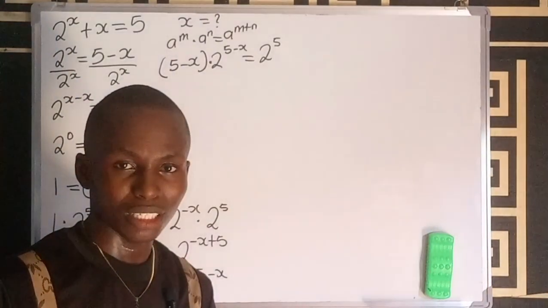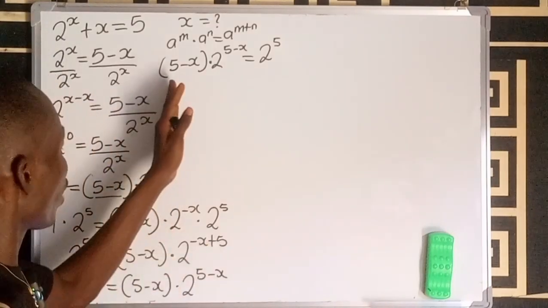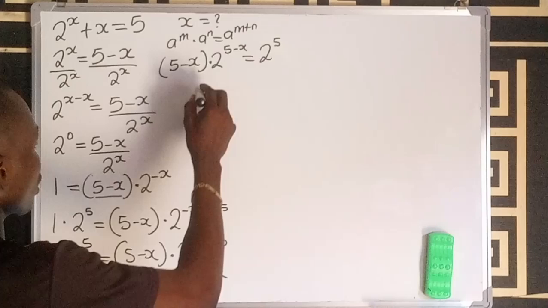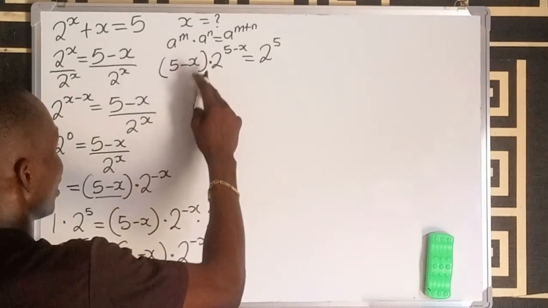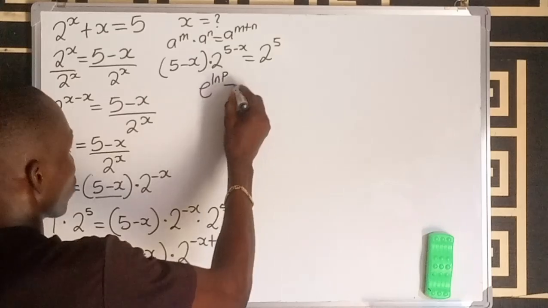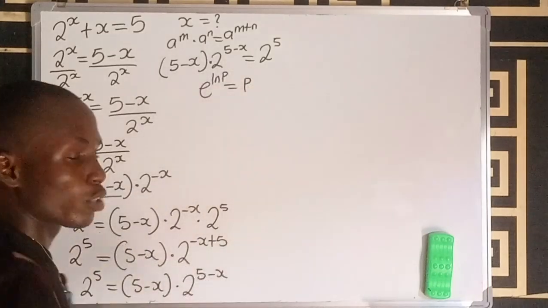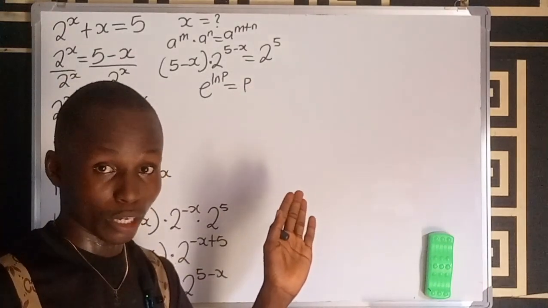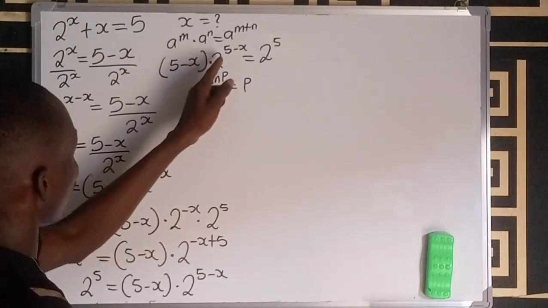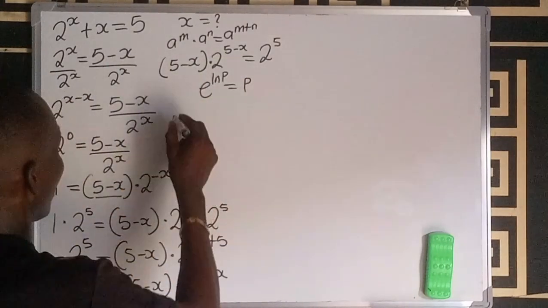At this point, I want to introduce one of the properties of logarithm: that if you have e to the power of ln p, it is equal to p. This is one of the properties of the logarithm. Okay? So I'm not wrong if I decide to write this 2 to the power of 5 minus x as